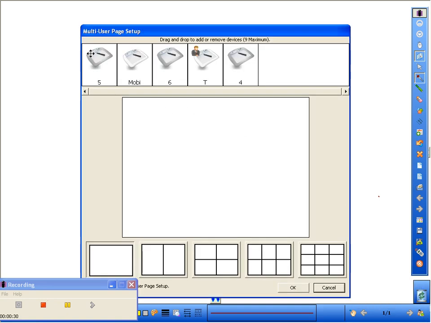When you're in here, notice any Mobi that you have on will show up at the top. At this point, if it doesn't show, make sure that the Mobi is on, and then it will pop up at the top. You have different choices about what you want the screen to be. Call this one sandbox, and you can drag everyone down into the sandbox and they can work in the same